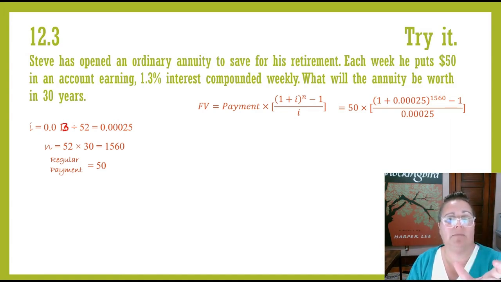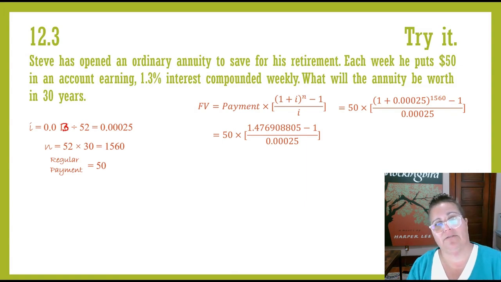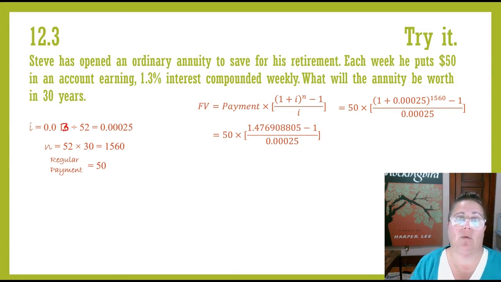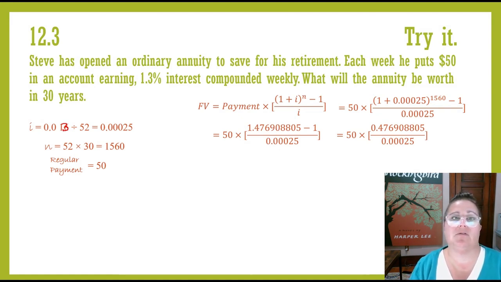I'm going to do that 1 plus 0.00025 to the 1,560th power. And I'm going to get 1.476908805. I need to subtract 1 from that and divide by the i again. When I subtract 1, I get 0.476908805 divided by 0.00025. Or